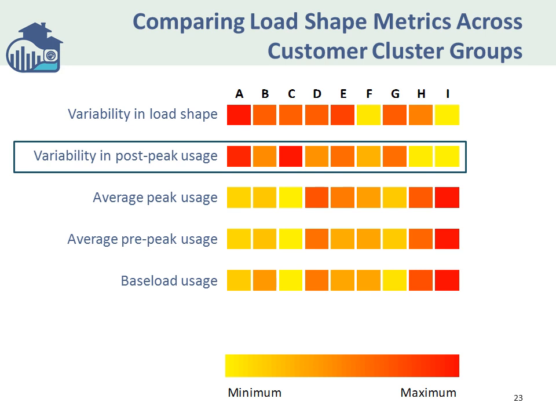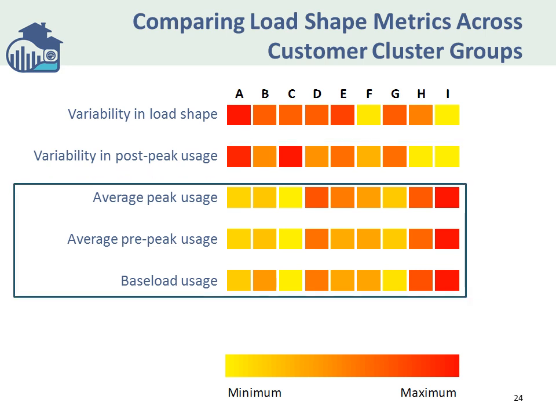There's considerably more shades of orange than red or yellow here, although clearly groups A and C have very high degrees of variability on a day-to-day basis in the post-peak hours, whereas groups H and I have very modest variability. For the 3 remaining characteristics, we see very similar patterns represented in terms of relative differences across the various